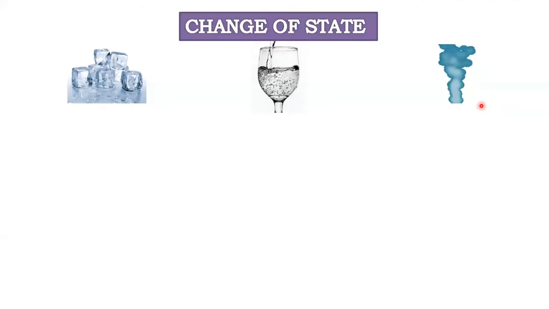Let us have an example. If we talk about water, water is available in all of the three states of matter. If water is cooled down, we can get ice, which is solid in state. If it is brought to room temperature, it will be liquid in state. And if we raise the temperature, it will be converted into steam or vapors, which is gaseous in state, right? So water can be converted into any of the states of matter. It can be either solid, liquid, or gas. Ice can be converted into water, and water can be converted into steam.